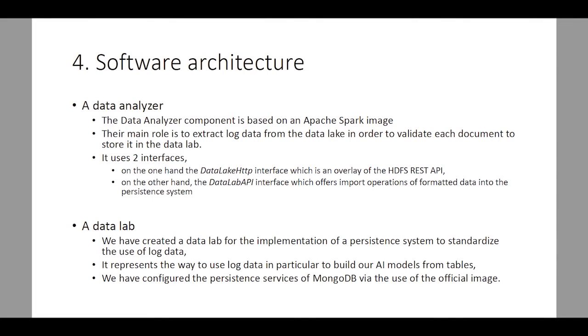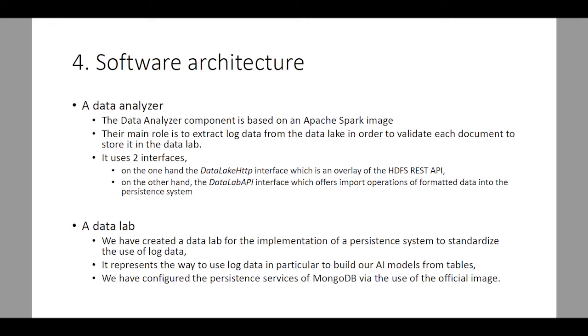Then the data analysis is built with the Spark image. Its role is to extract information in order to validate the data and index it, of course. Finally, the output data are stored in a NoSQL database like MongoDB.